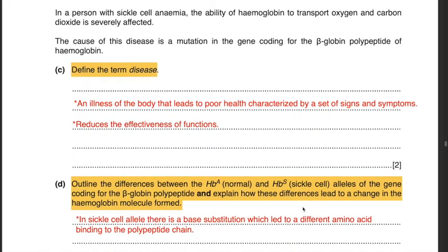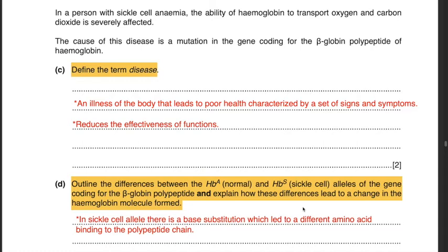In a person with sickle cell anemia, the ability of hemoglobin to transport oxygen and carbon dioxide is severely affected. The cause of this disease is a mutation in the gene coding for the beta-globin polypeptide of hemoglobin. Part C. Define the term disease. A disease is nothing but an illness of the body that leads to poor health, characterized by a set of